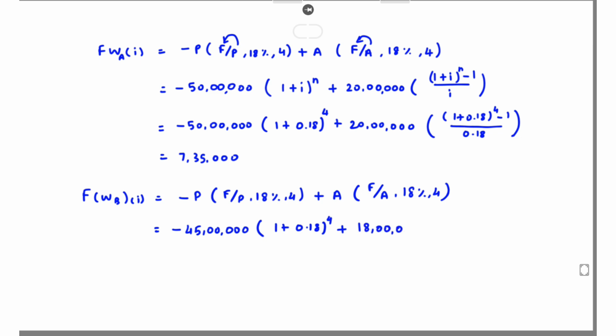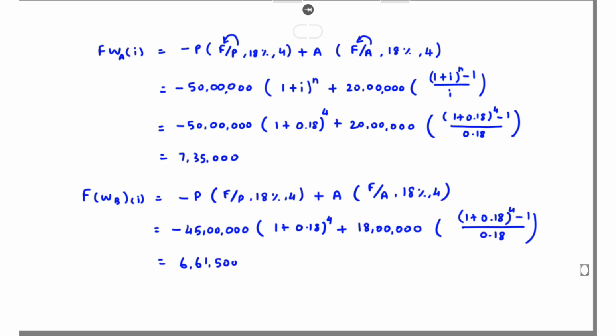For plan A the annual revenue is 20 lakh, and for plan B it is 18 lakh. With the same formula, 1 plus 0.18 whole power 4 minus 1 divided by 0.18, solving this we got the value of